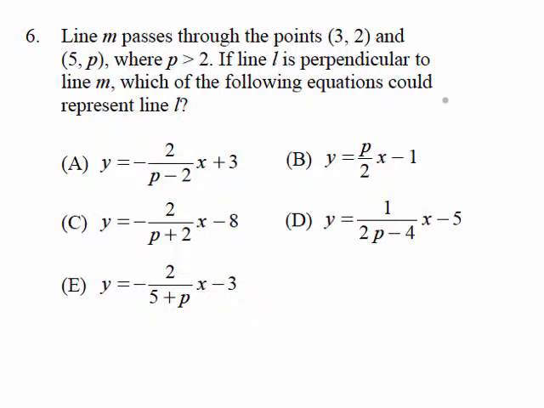So line M passes through the point (3, 2) and (5, p), and they say p is greater than 2. So that's what you could use as a guide to plug in. What we're going to do is just write out the equation for the slope. So the slope of line M,